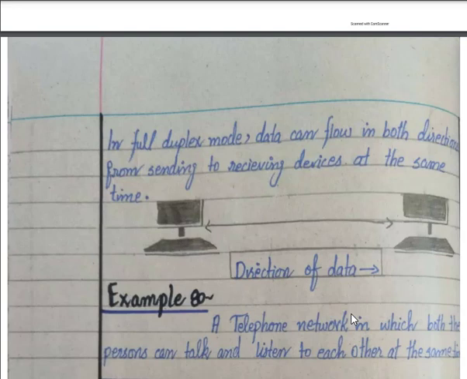In the full duplex mode, you can send and receive data at the same time, like a telephone conversation, or the conversations that you do on WhatsApp, IMO, Skype, Messenger, Facebook, video calls. You can do any of these communications through different devices. So this communication is full duplex. You can send and receive data at the same time. We have great examples like the conversation through WhatsApp, Messenger, IMO, or Skype. These are examples of full duplex transmission.